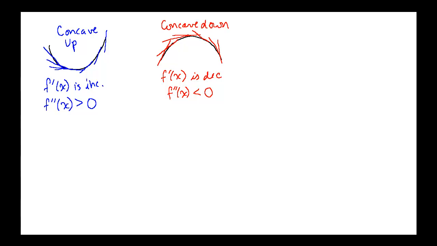So that's how we're going to determine concave down. One way to remember this is that concave up means the second derivative is positive, and concave down means the second derivative is negative. You can remember that with the smiley face and the frown face for our test for concavity. So let's go ahead and put this to work.